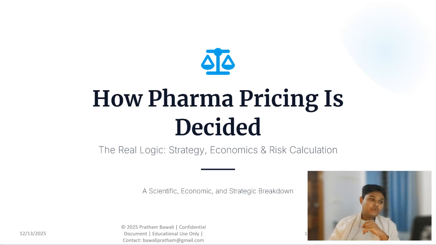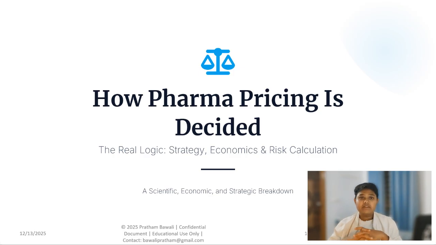So today in this session we are seeing how pharma pricing is decided. This is a very complex topic and we are going to talk about it today: the real logic behind it, strategy, economics and risk calculations. It is a scientific, economic and strategic breakdown that we are going to see today. So in this session we will be knowing